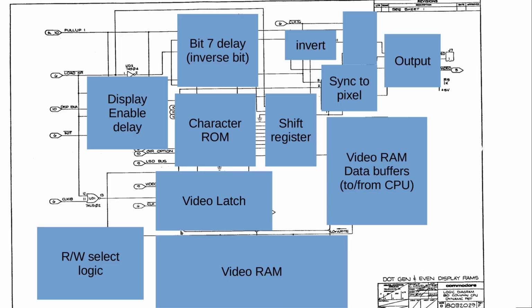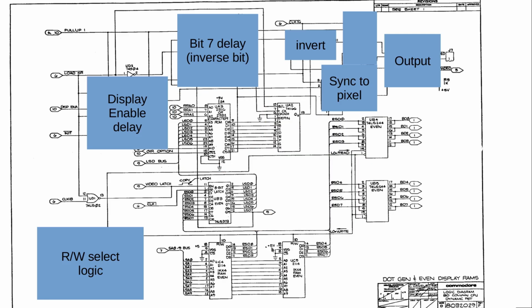So let's look at the core of the video generation. We have again a number of blocks here, so let's have a look at these first. This is basically the same as in the discrete logic versions. We have the RAM chips here, the even RAM. Those are 2 RAM chips, 1K by 4 bits. And this is where the switched address is coming from the previous sheet, and is going to these 2 chips. And we have the 8 output bits,